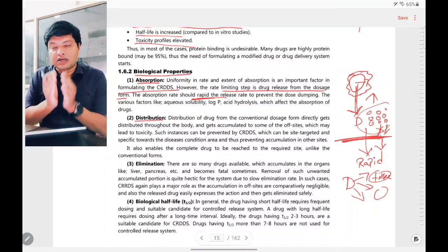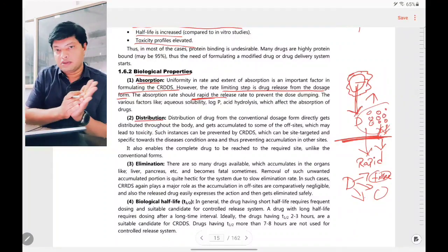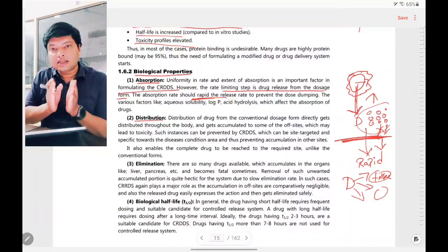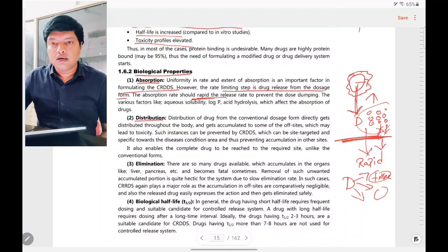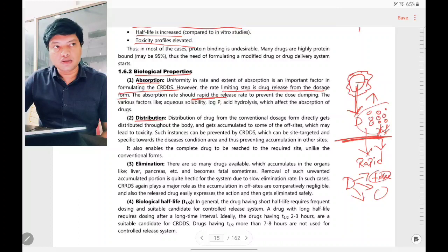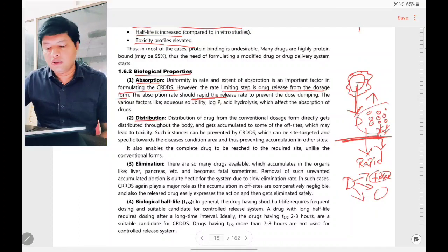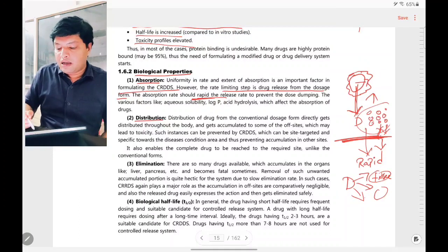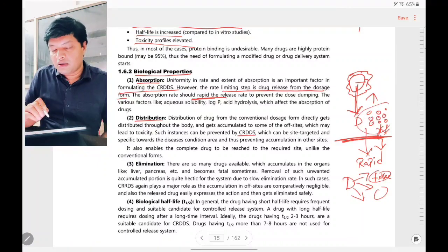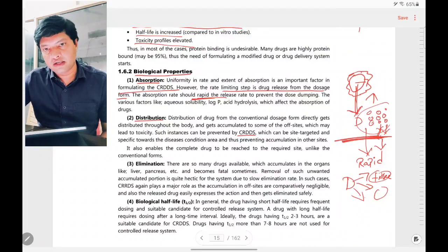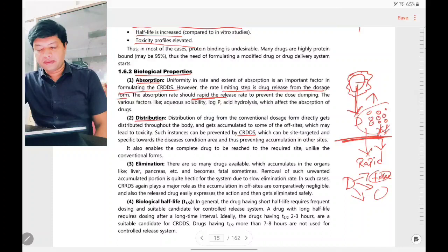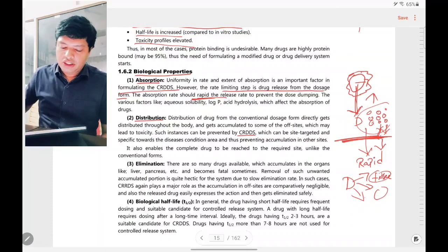By controlling the release of the drug, this accumulation can be reduced, or by targeting the drug release only to the site of action, you can nullify the negative effects due to drug accumulation. So by converting the dosage form into controlled drug delivery, you can stop the accumulation of the drug or side effects due to the accumulation of drug in the tissues.